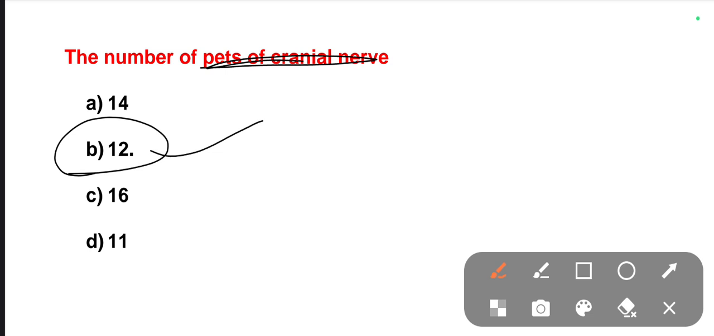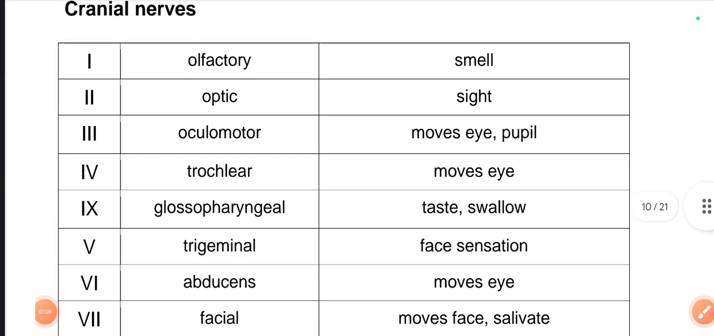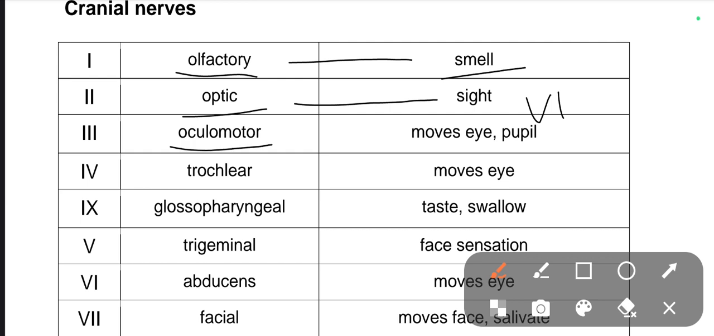Cranial nerves are present in 12 pairs. We will see what they are. The first one is the olfactory nerve, which works on smell. The optic nerve is for sight, I mean vision, and the oculomotor is for the movement of the eyeball and the pupil. Trochlear moves